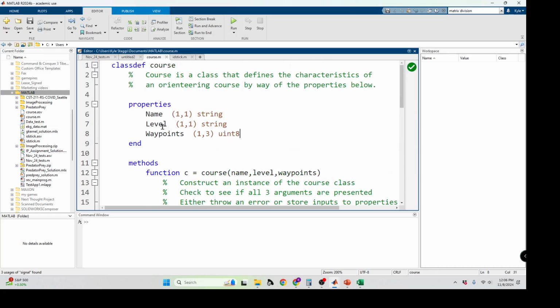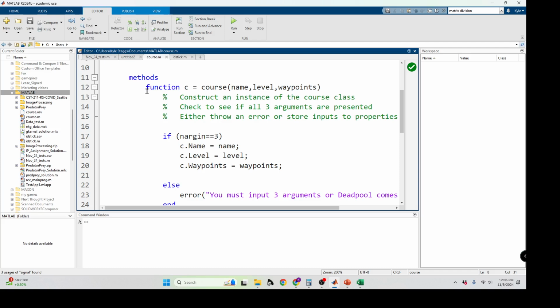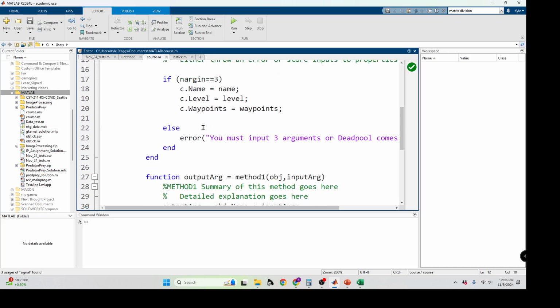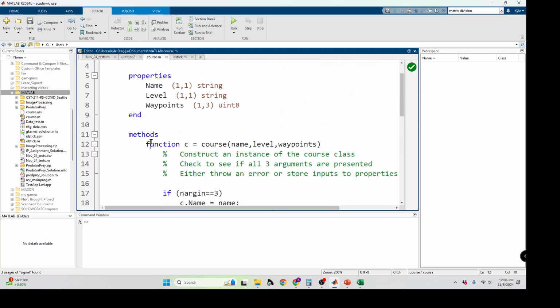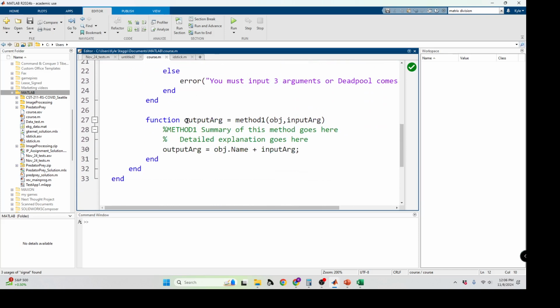Let's take a look at how far that got. So we have the course defined. We have our properties. We have some variables associated with those. We're going to build a constructor here, and we're checking to see if there's enough arguments in. Otherwise, we're throwing an error. So we are starting to do some error handling in our code now. The next part is going to be actually building out these other functions